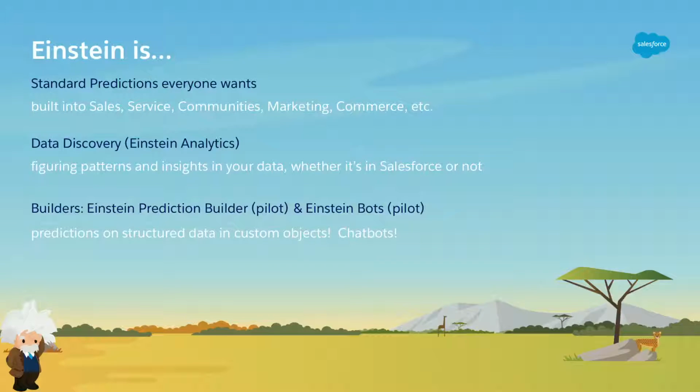Of more interest to devs and admins are the things you've seen. In our keynote, you probably saw some of Einstein Prediction Builder. So I have some fields here with structured data in Salesforce, and I want to predict some other fields. What we're doing there is kind of the Salesforce play, which was we built stuff in the core app, and now we're opening it up as a platform. So you'll be able to say, my custom objects, my custom fields, these are what predict things, and here's where those predictions go.